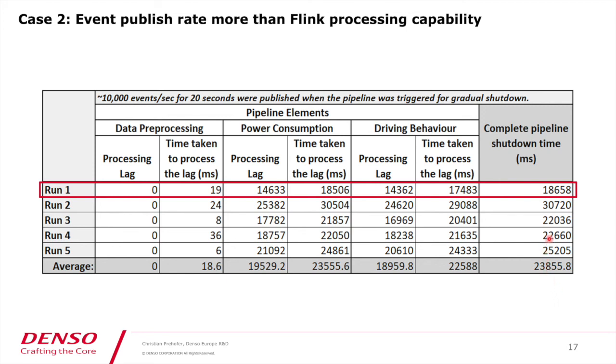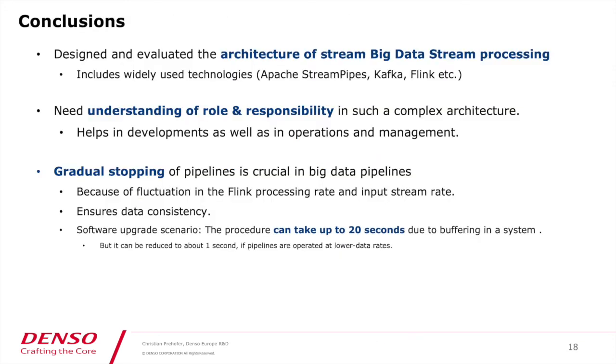completely. And this can be explained by one of our previous graphs, where we showed that in case of high event publish rate, the processing lag was accumulated over the period of time, and this was not good for our system. So now coming towards the conclusions and contributions of our research work, we show that we have utilized Apache